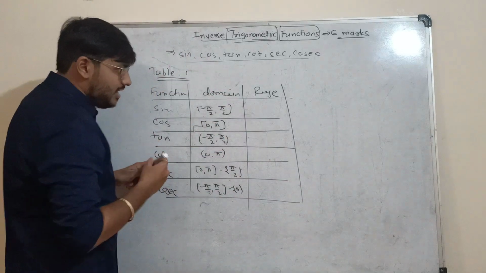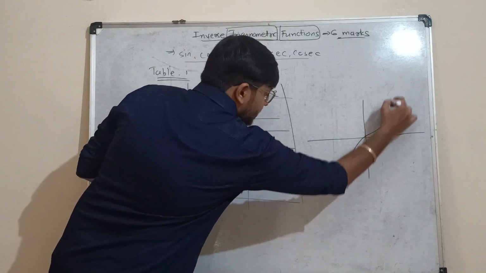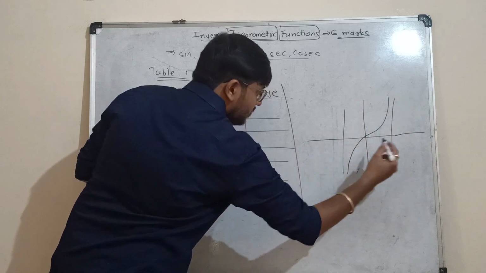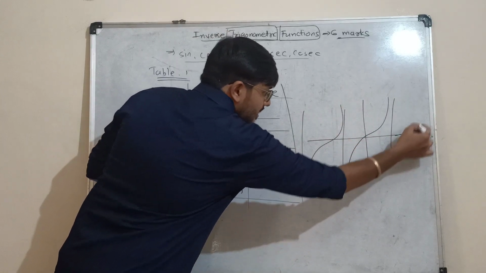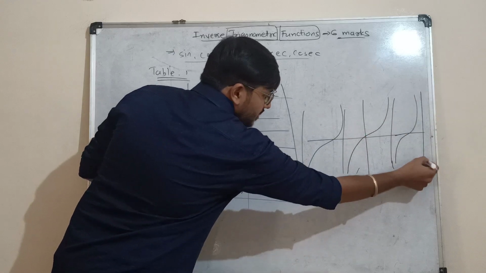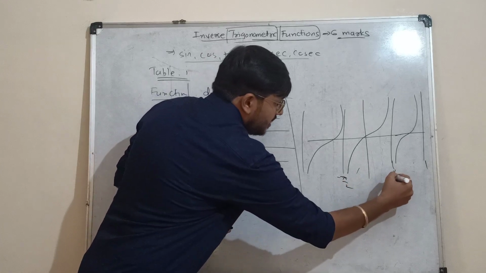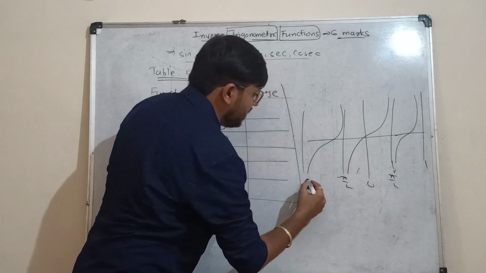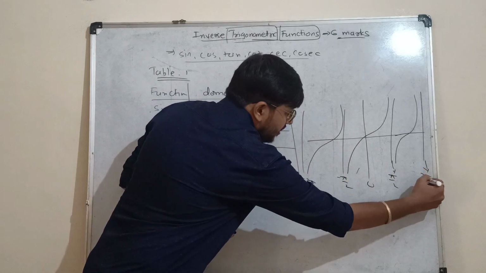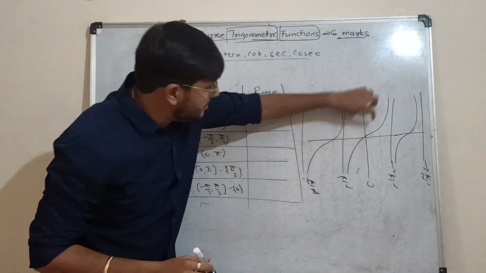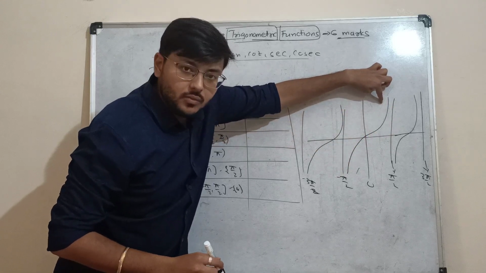Similarly, if you talk about tan, let me plot the graph of tan. We all know the graph of tan is something like this, minus pi by 2 line, pi by 2 line. Here something like this, minus 3 pi by 2 line and pi by 2 line. Similarly like this, here is the line pi by 2 to 3 pi by 2. Right? So just check. If I say minus pi by 2, here it is pi by 2, here it is 0, here it is minus 3 pi by 2. Right? Here it is plus 3 pi by 2. So just check the interval minus pi by 2 to pi by 2. You find that the function is one-one.